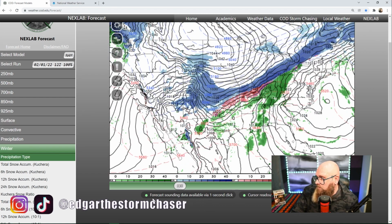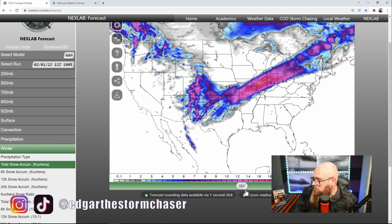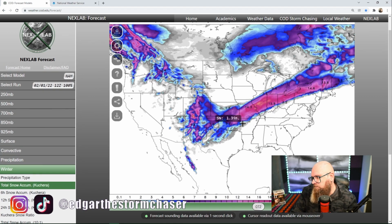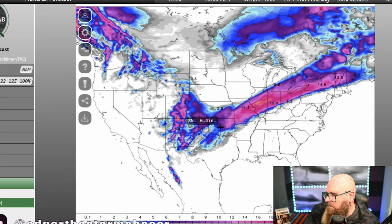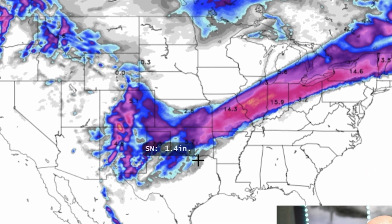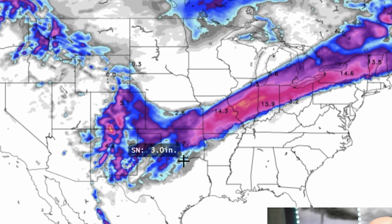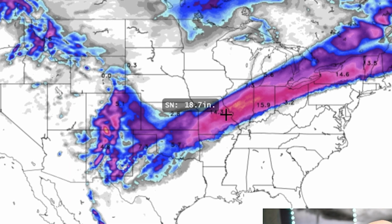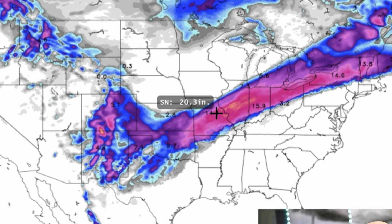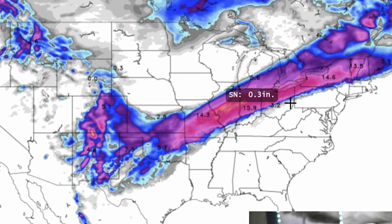So let's see what the snow accumulation totals are on this model as well. This is the NAM. Okay, so it's a little bit lower on the snow, and actually this seems more like what I would think would be accurate for the storm. Central Oklahoma getting 6 to 7 inches depending on where you're at. Sorry, North Texas, not getting a lot of snow accumulation there. I do think you're probably going to end up getting more accumulation of ice in North Texas and the Dallas area. But still showing a healthy 20 inches of snow in some areas going through central Missouri,